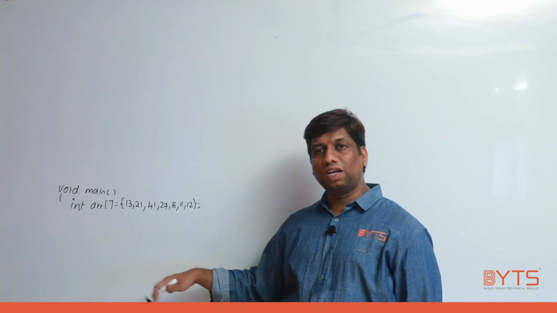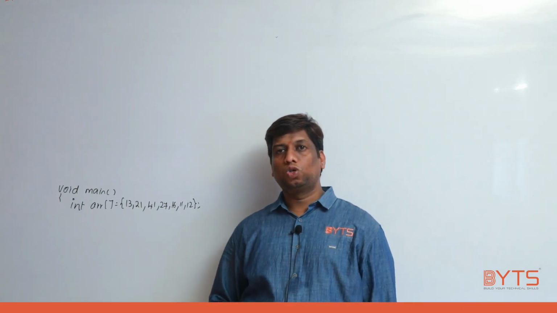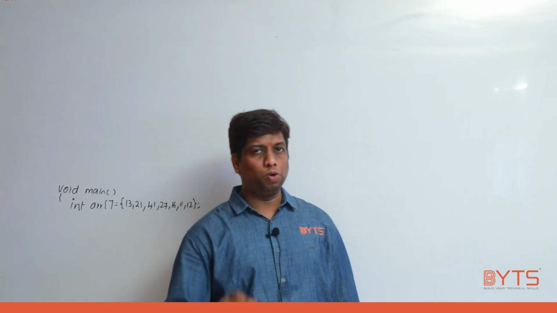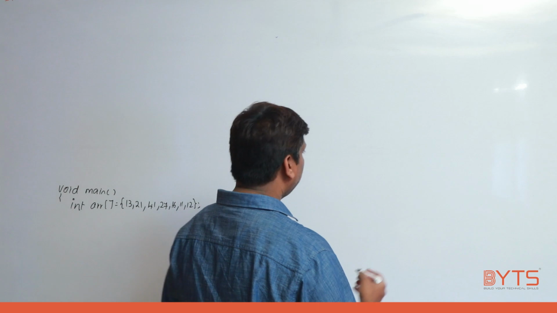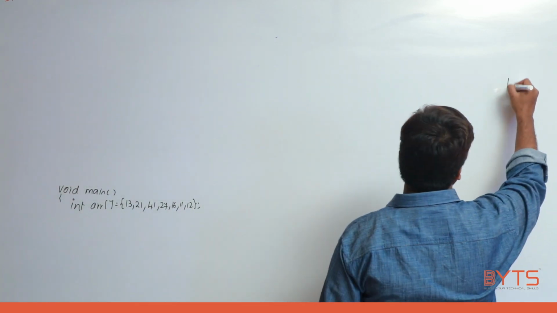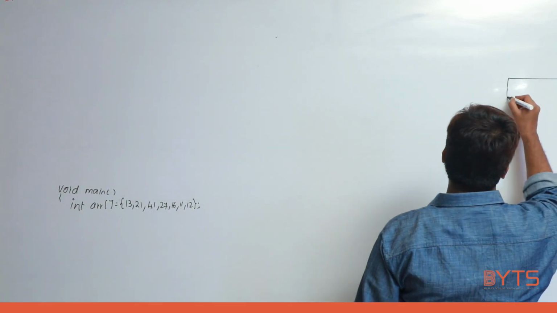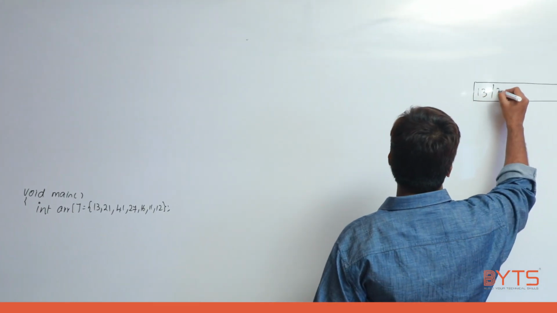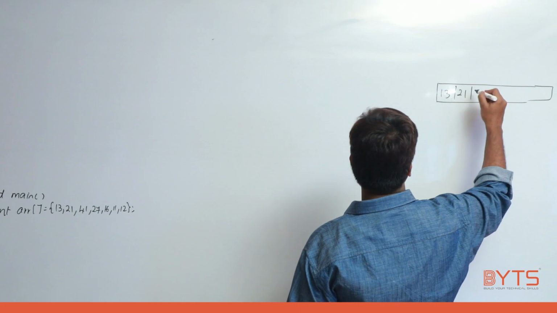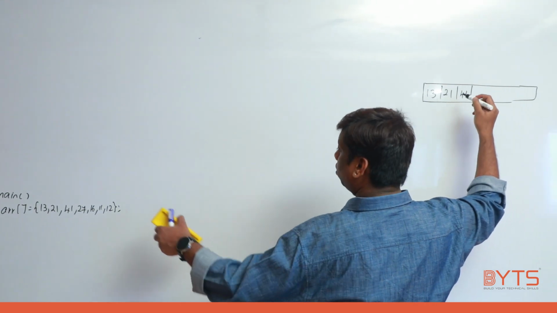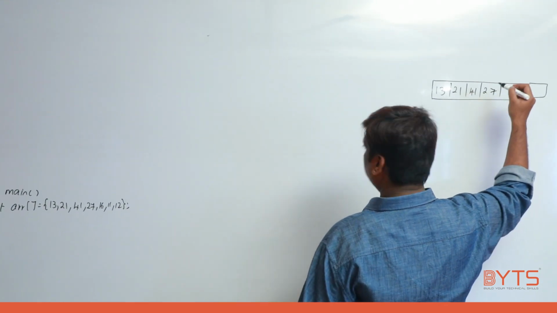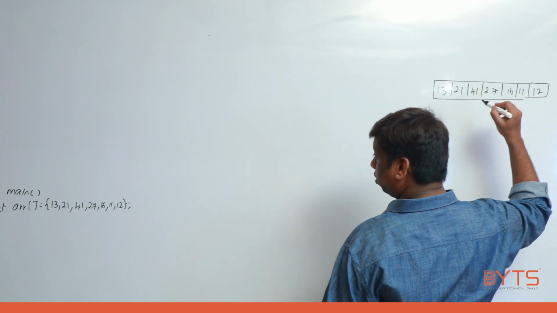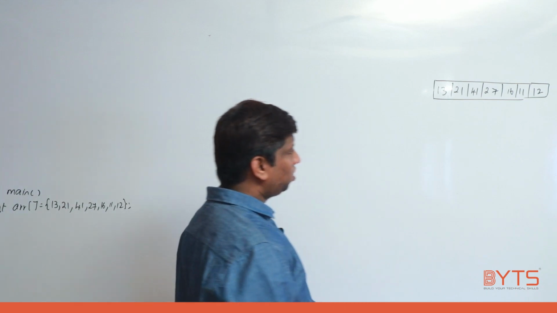I need to manipulate this array in such a way that I can call merger. So I need to do something on this array so that only I can call merger. For that, see here. Listen carefully. What is my array? First element is 13, 21. Next 47. Next 27. Next we have 16, 11, 12.